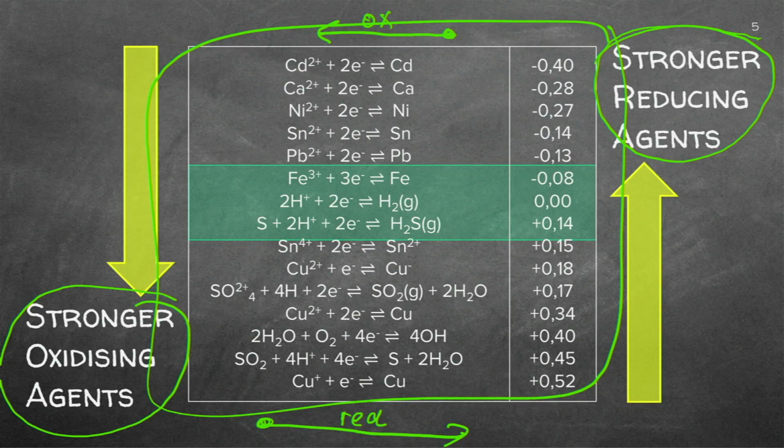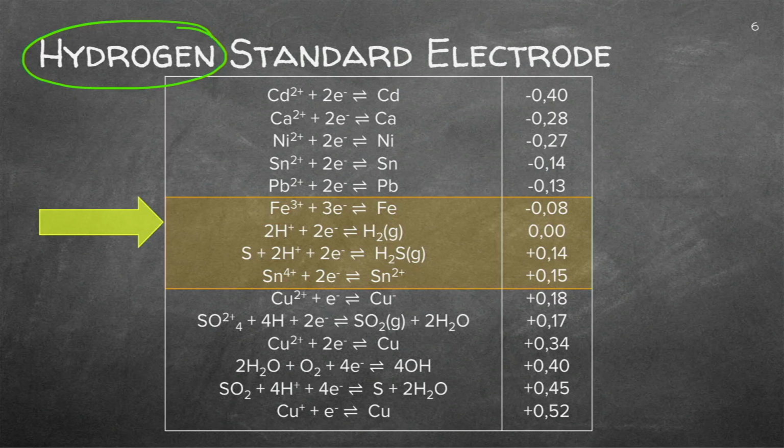Now we're going to concentrate not on the other elements that we've got here. I want you specifically to open your table and have a look if you can see hydrogen in this table. Now it's easy to find the hydrogen. If you scroll down with the volts here, you'll find there a voltage of 0. As soon as you've established that this is the voltage of 0, put a ruler down there or a pen or something and see that this is the specific half reaction that we are going to work with. And as I said before, the voltage is 0.